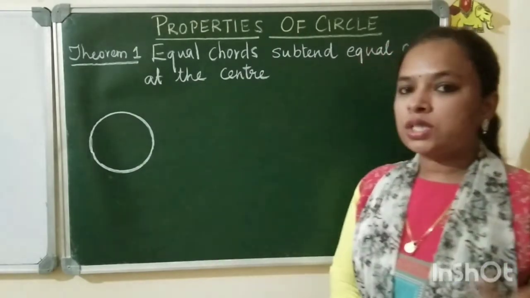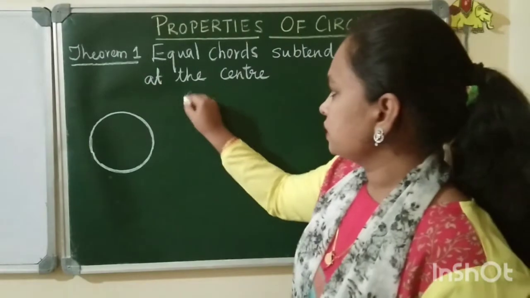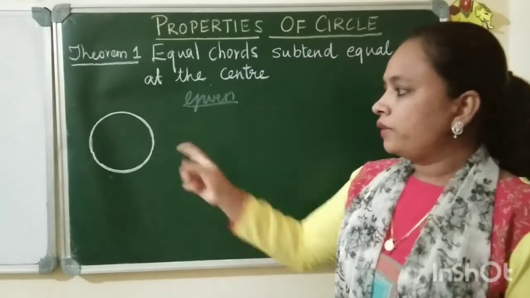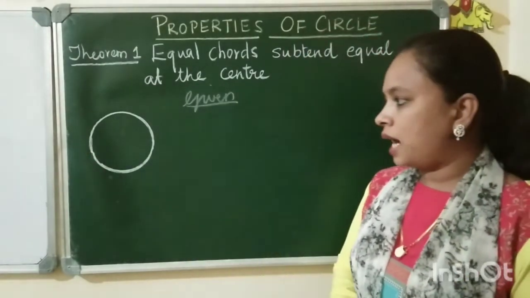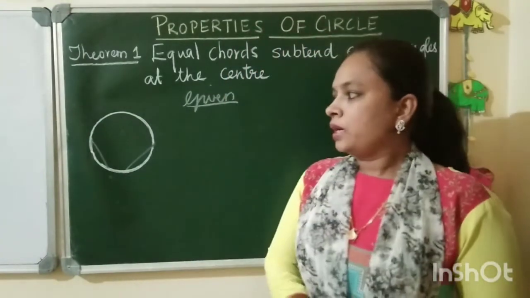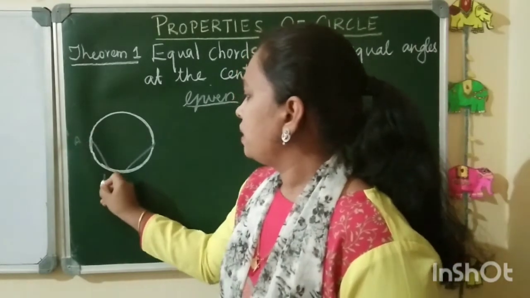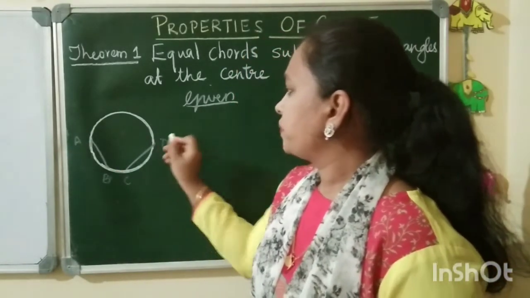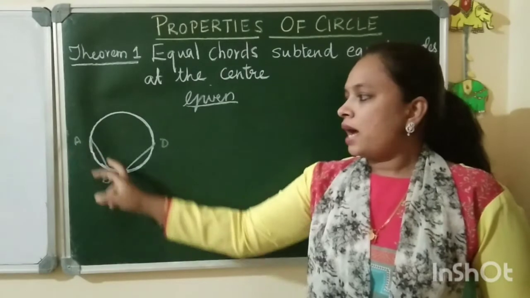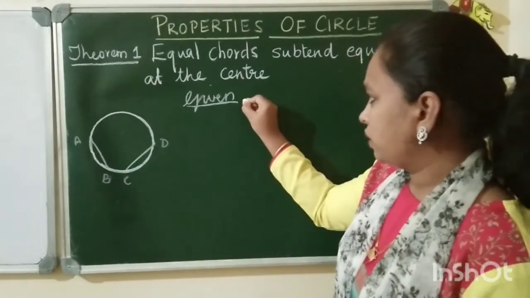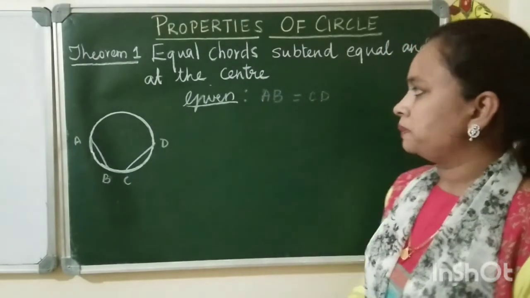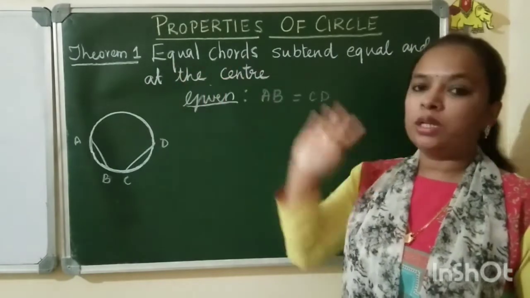After drawing the circle, first you need to write down what is given. So given is the chords are equal. So what I will do, I will just draw two chords that are equal here. I'll just draw two chords and name them A, B and C, D. Okay, I am naming these two chords and they are equal in the circle. I'll write down that AB is equal to CD.